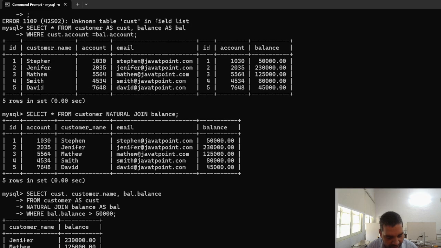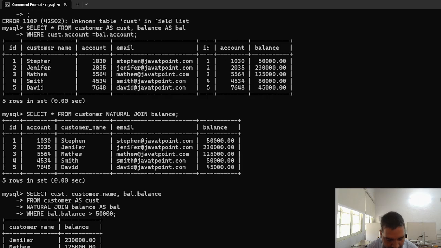Now you can put the where clause, the where condition. Here we have not used the alias keyword, so you have to write the full name: where balance dot balance